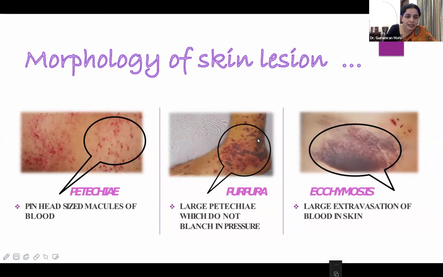Then there are the petechiae, the pinhead-sized macules of blood. And the purpura, which are large petechiae that do not blanch on pressure. And then we have the ecchymosis. In this, there is large extra